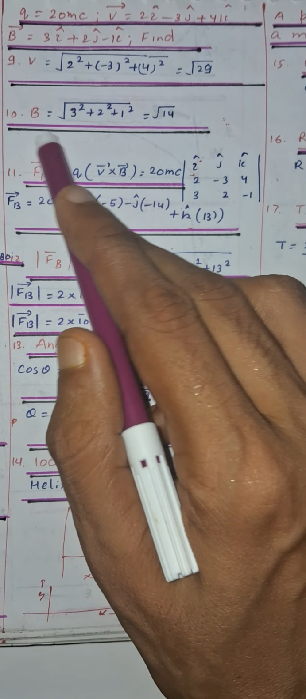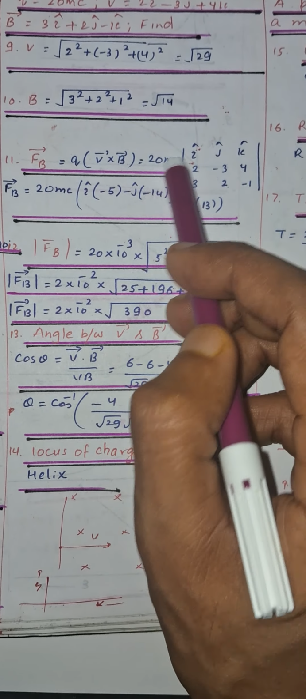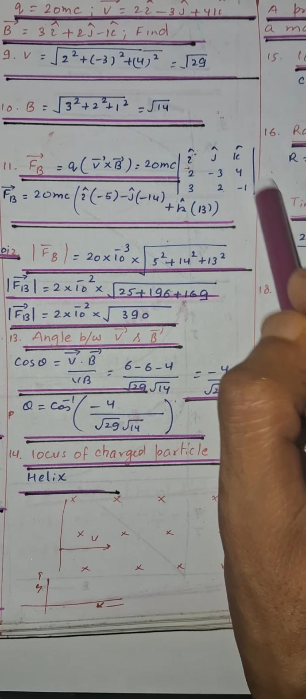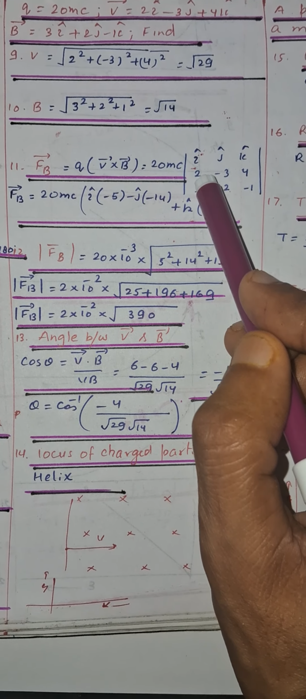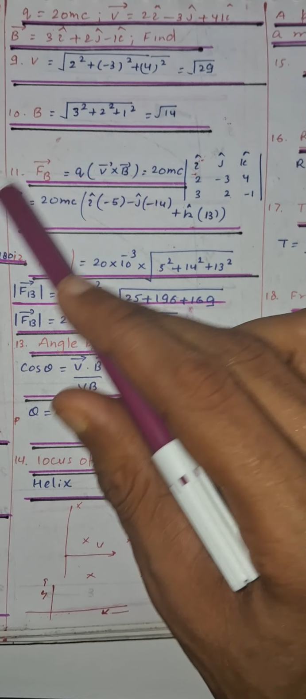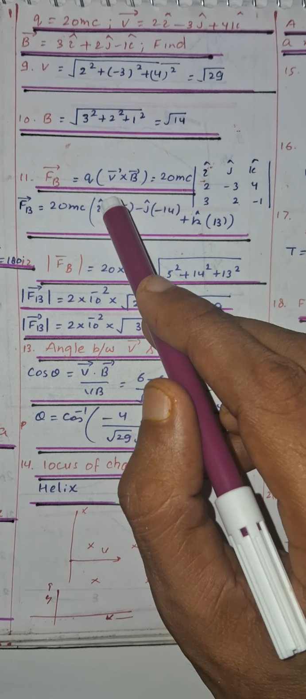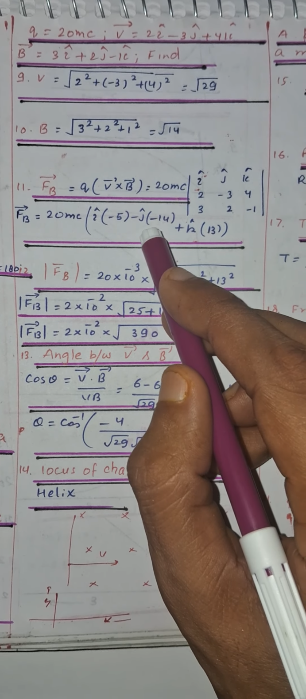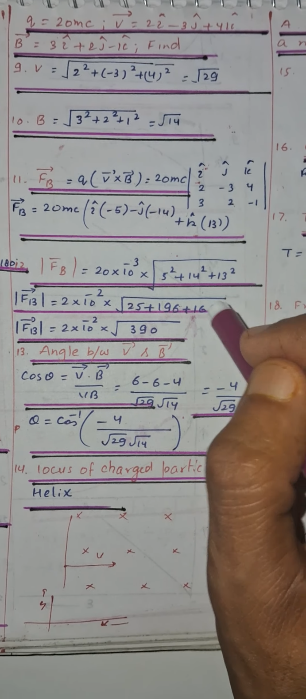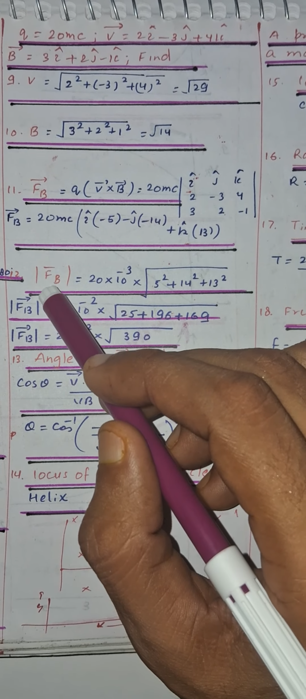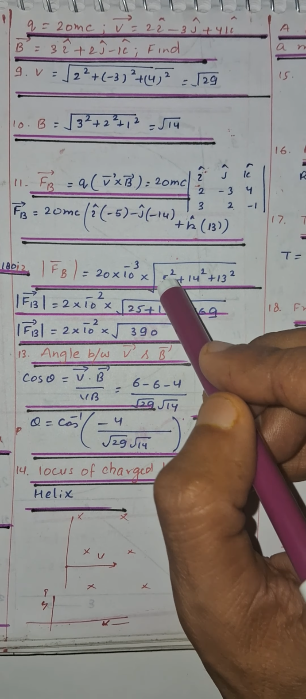Now another question is on calculation of the magnetic force, so that will be QV cross B. Q here is 20 millicoulomb. V cross B can be found by the determinant of i, j, k. V is 2, minus 3, 4, and B here is 3, 2, minus 1. After solving this determinant, we get the magnetic force as 20 millicoulomb, i cap into minus 5, minus j cap into minus 14, plus k cap into 13. This is the solution of this determinant. Now another question, the twelfth, is the magnitude of force. So the magnitude of force is 20 into 10 to the power minus 3 into the square root of